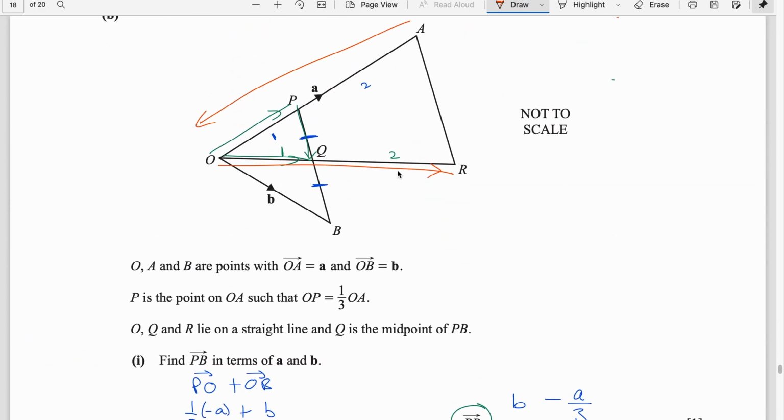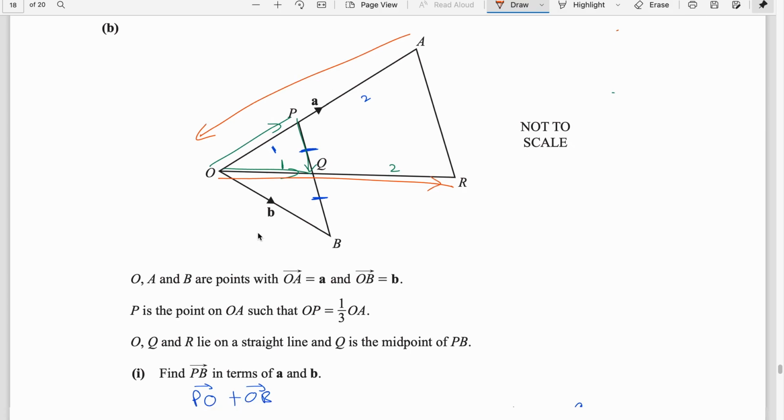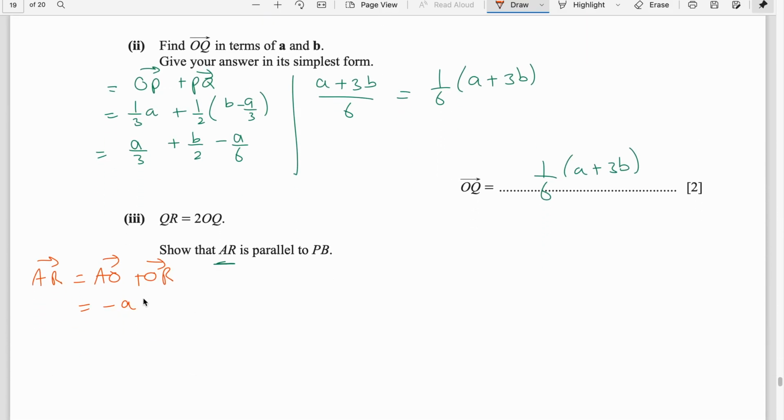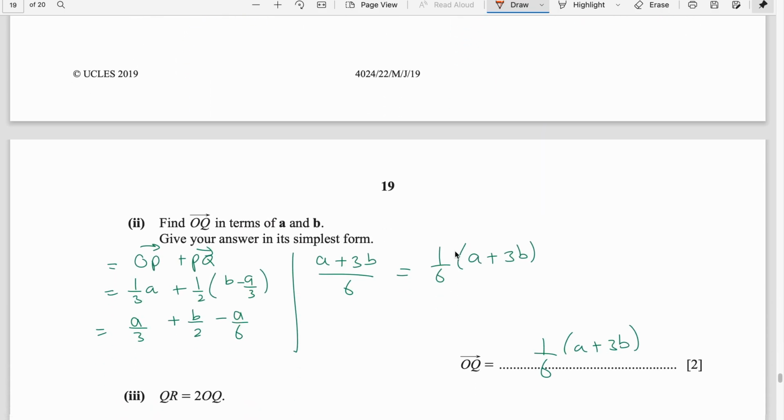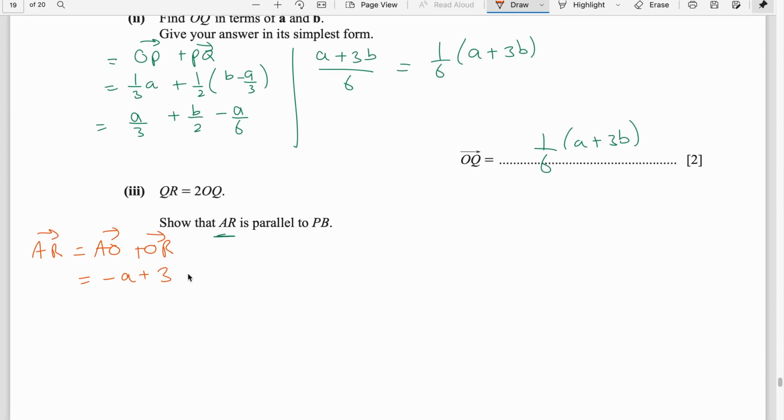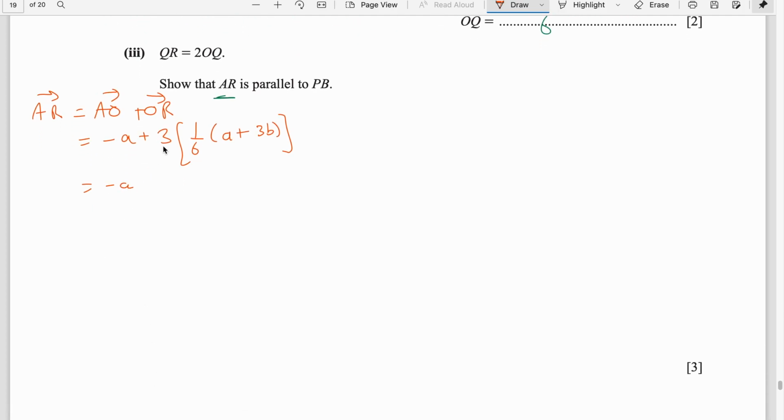Now we'll go back to copy these values. AO is negative A plus OR. OR, we can say OR is 3 times OQ, and OQ is already there. So 3 times 1 by 6 of A plus 3B. Let's simplify to get AR. Negative A, when you multiply this 3, it becomes 1/2. So 1/2 of A plus 3B